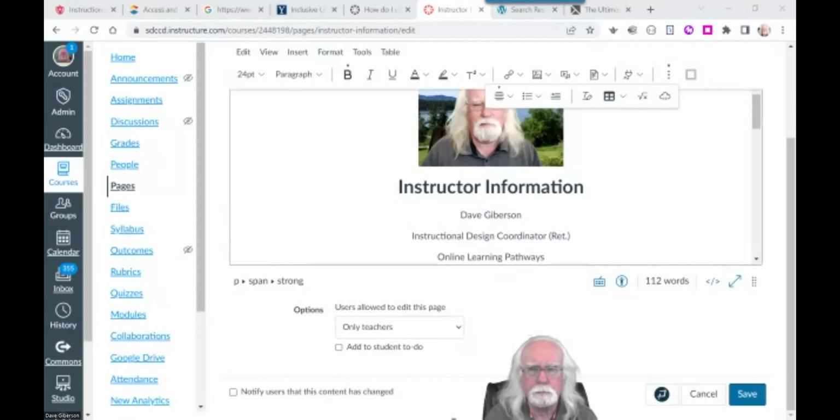I usually have them do it on a card in a card file, and they keep a personal notebook. But I'd like to, I just wonder if it should be a page? Would it be a discussion? I'm not sure how they would submit that to you. Well, you could make it an assignment